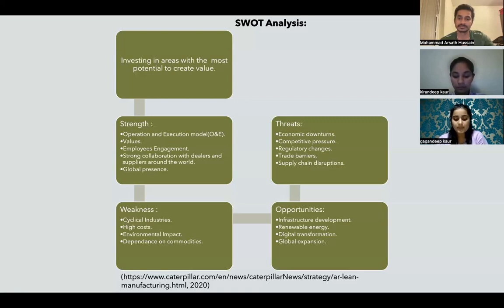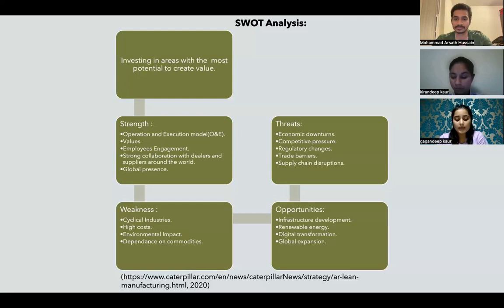In renewable energy, the shift towards renewable energy sources creates opportunities for Caterpillar in the power solutions sector, such as providing equipment for wind and solar energy projects. In digital transformation, leveraging digital technologies, including IoT and data analysis, can enhance product offerings and operational efficiency. In global expansion, expanding into new markets and regions can help the company diversify its revenue streams. In threats, economic downturns: a global economic recession can lead to reduced demand for heavy machinery and equipment, which affects Caterpillar's